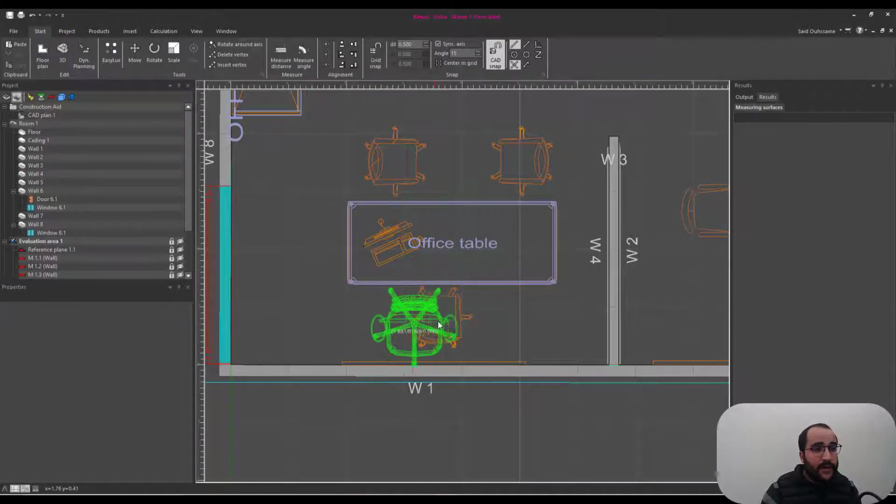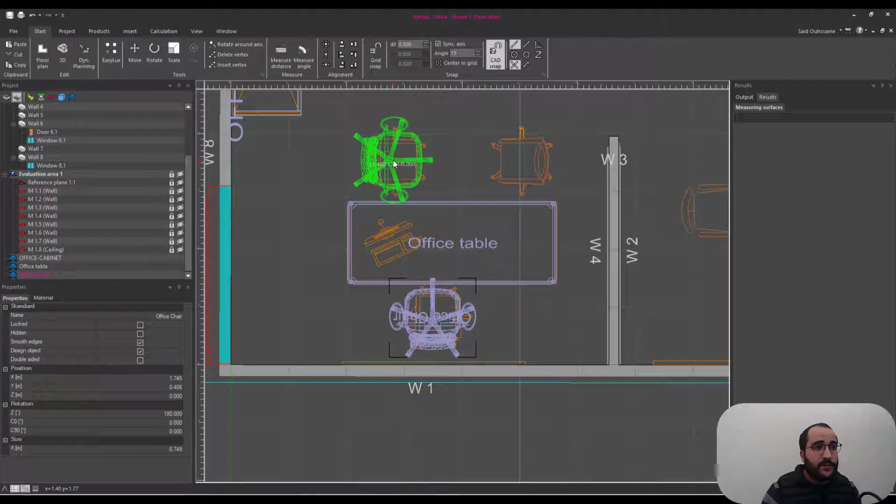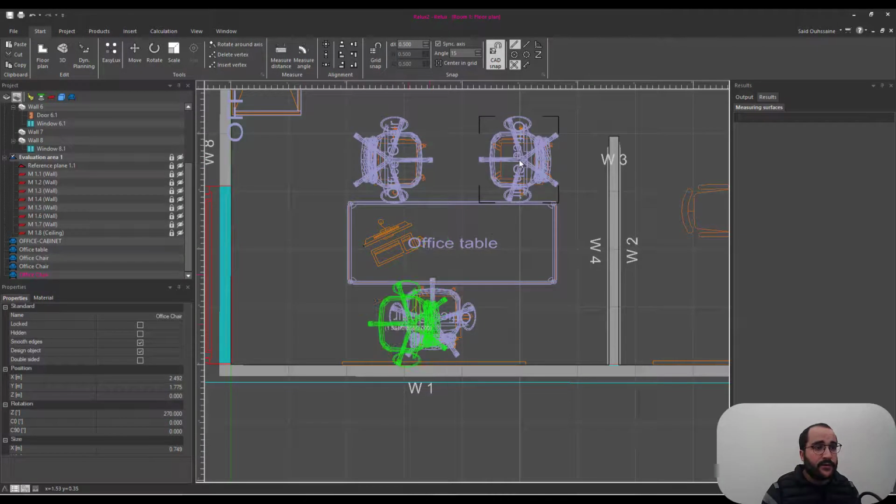So I need to rotate it. It's not the right rotation, so space, space. Same thing here, space, and then here, space, space, and then it's good, and then escape. Now I need